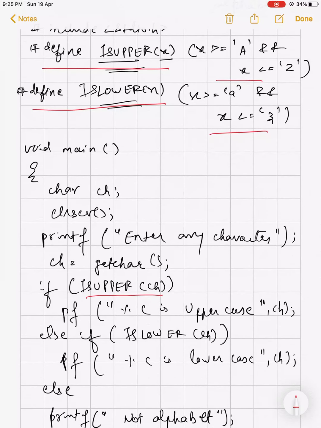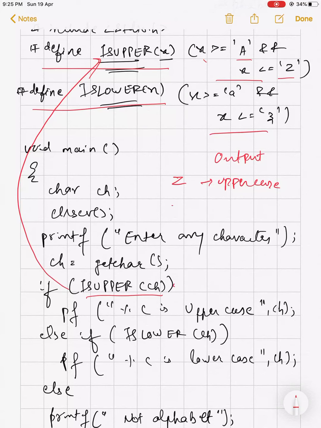So in output, if I am writing printf enter any character, I am writing capital Z. Is upper ch will directly go to this particular part. If is upper ch, that means it should satisfy that x is between this and this. It is there, yes, it is uppercase. It will show me the uppercase.